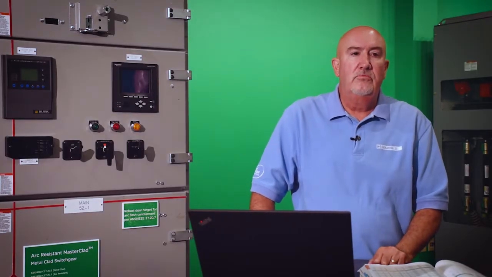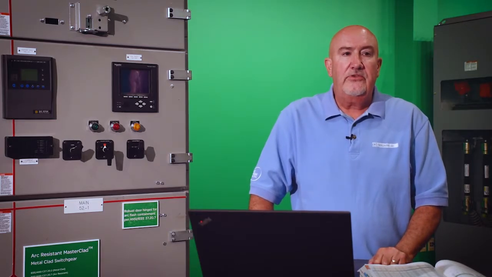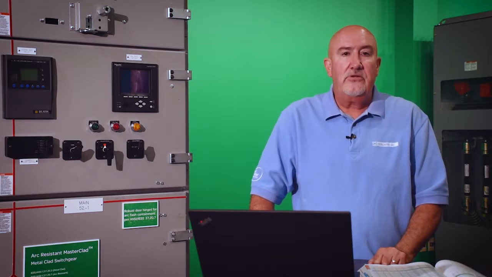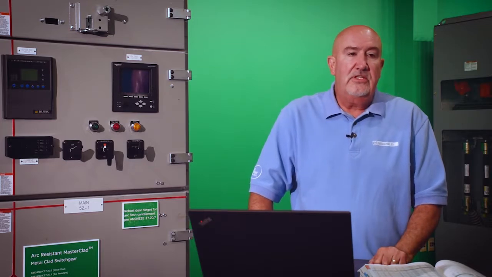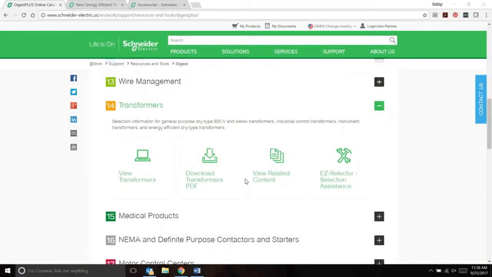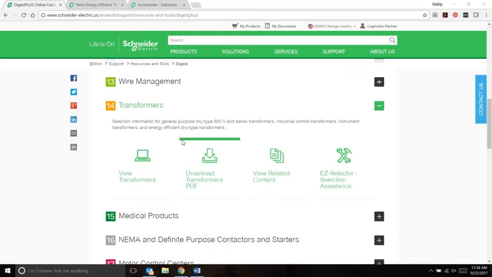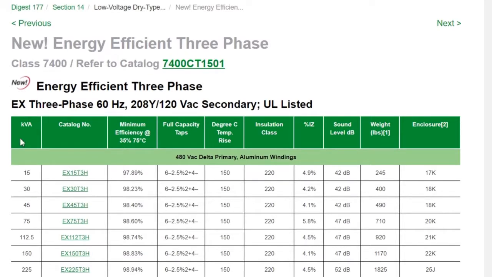So as our example of the importance of footnotes, we'll move to transformers. As you're probably aware, in 2016, the Department of Energy required all transformer manufacturers to make their transformers more efficient. This caused some significant weight increases, which is what we're going to demonstrate. So as we look at that, we see that we're in the transformer section, section 14. I view transformers. It brings up that table in the digest, and here is my